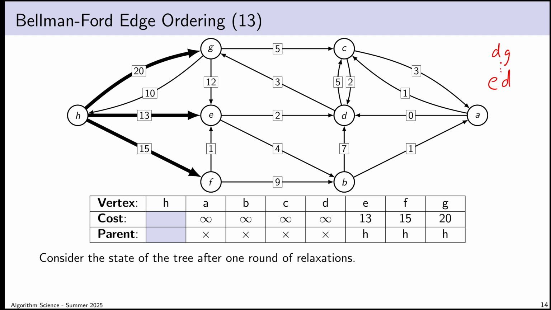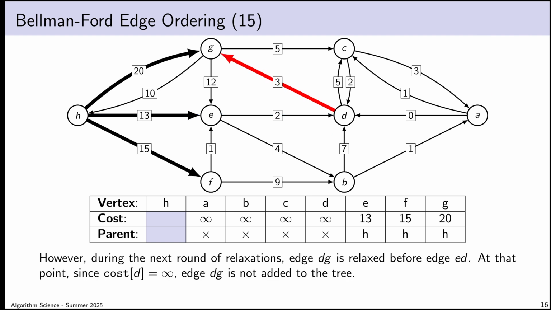And of course, it makes no difference what order I chose to go in. No matter what ordering I chose, a similar situation could happen for some graphs. So the edge DG will be considered first, and then later the edge ED will be considered. I know in any event that at the next iteration, when the edge ED is finally considered, it will be brought into the tree, because it'll give me a path to vertex D. What I'm wondering is, because I consider edge DG first, there's no way that I'm going to complete that path on the second round of relaxations.